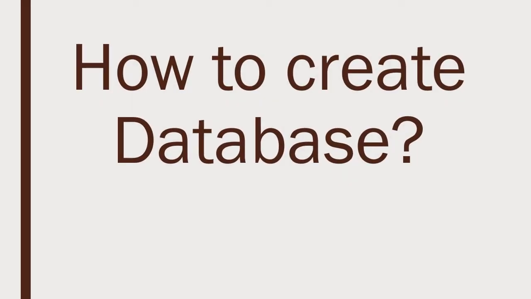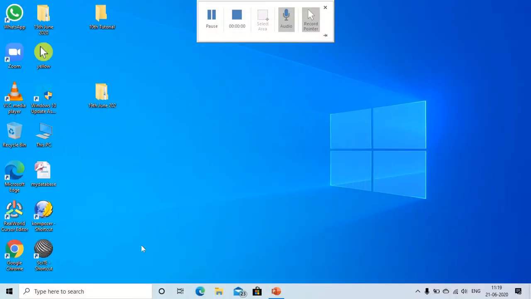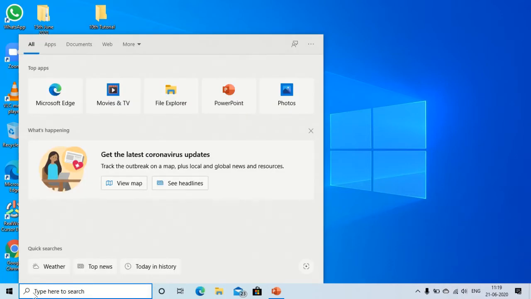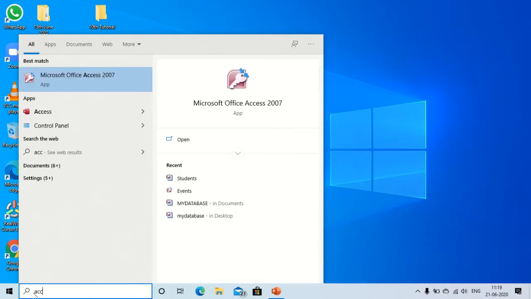How to create a database. Let's see how to create the database. To create a database, we need to click on the start button, meaning we need to open Access. So I'm going to open Access 2007.